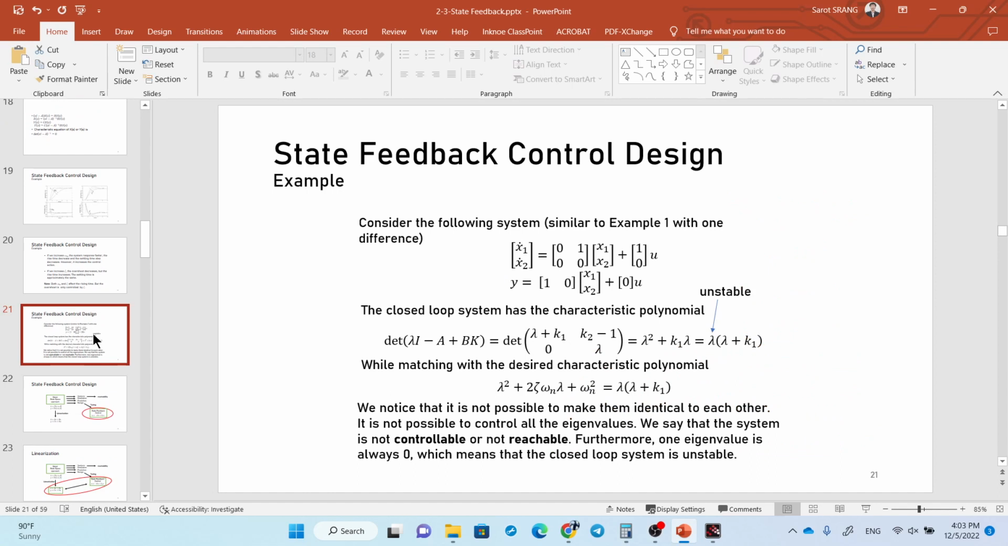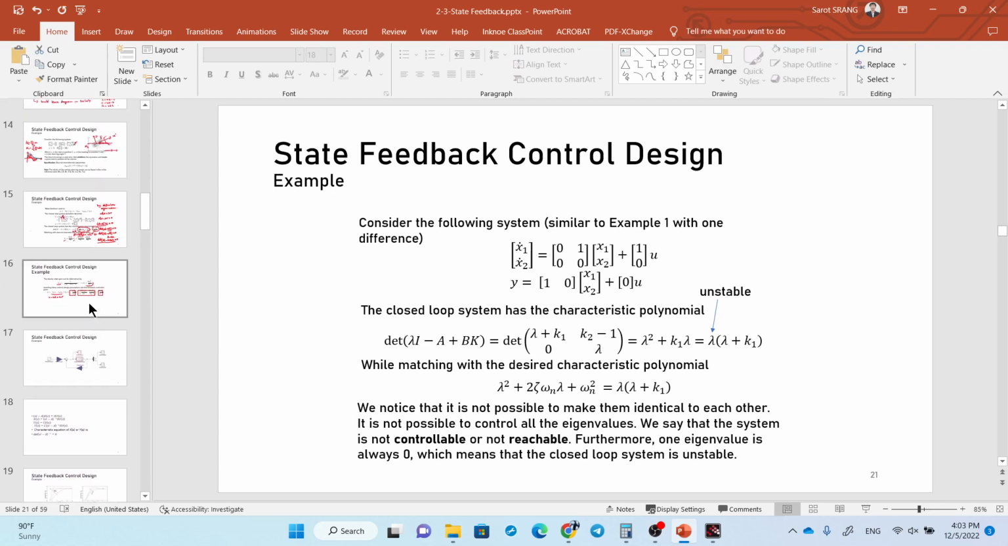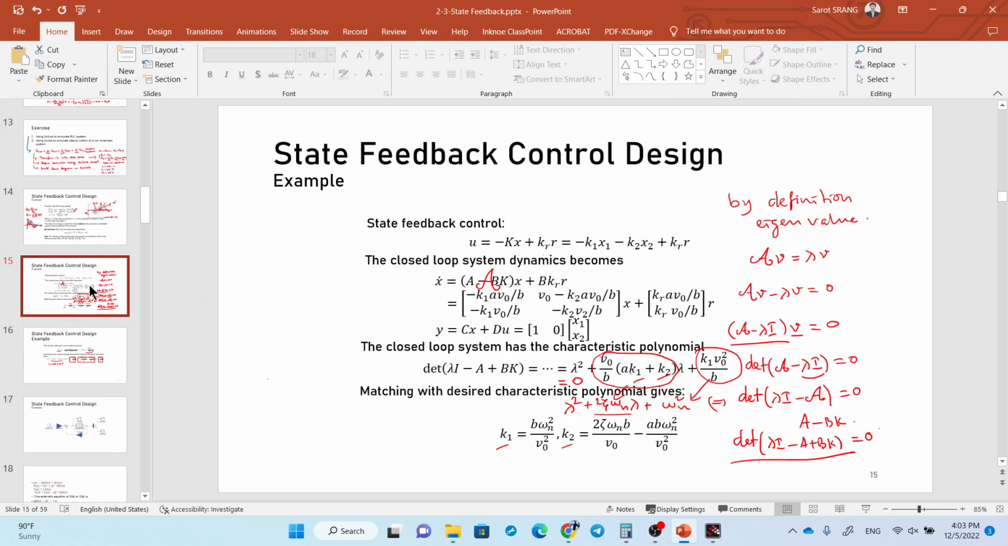Okay, anyway, it's going to take time to find K of the integrator. Why? Because now our matrix becomes 3 by 3. Even if you just find the determinant, it's going to take time. So we should use software to find